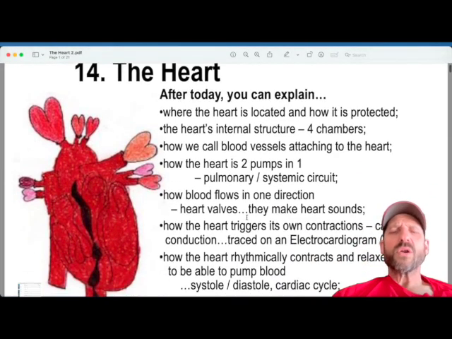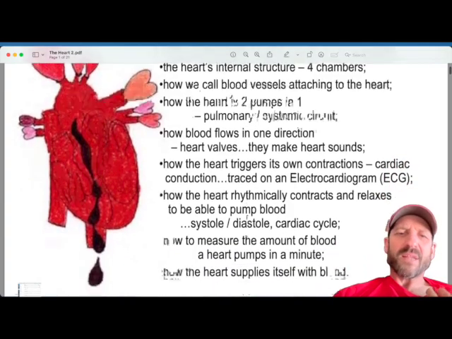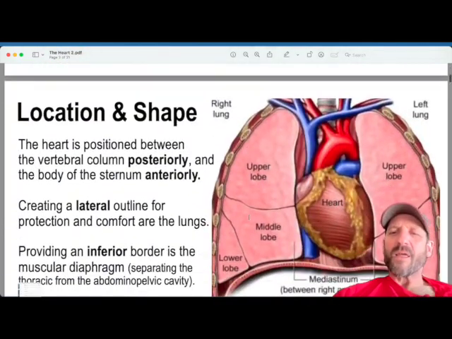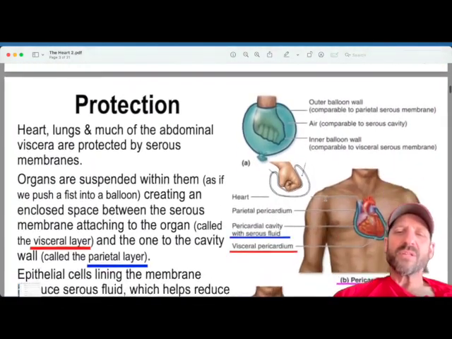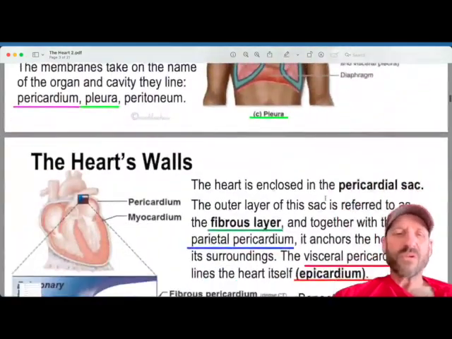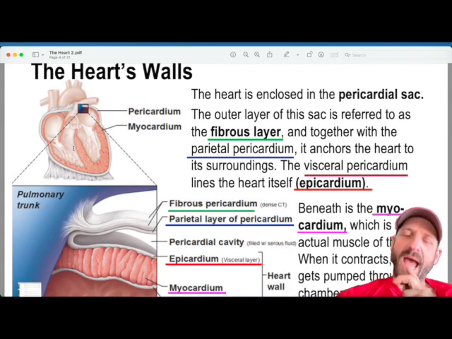If we look into the heart, we're going to start learning about the heart being a double pump, and it pumps blood through the body, through blood vessels. So we learn where it is, between the lungs and the chest, and then we learn the different parts of the heart itself, like the different layers of the outside, the walls of the heart, and then the inside structures. It's a hollow organ that fills with blood and then squeezes, and the blood pumps through the body that way.